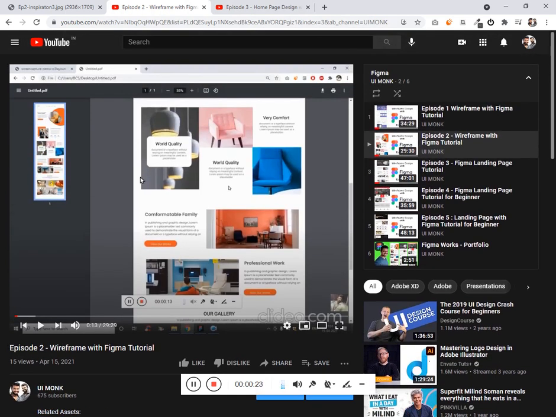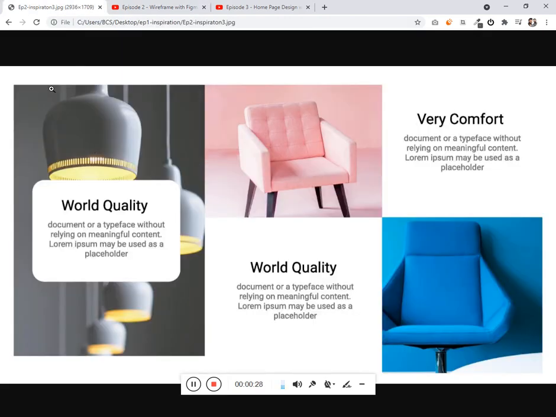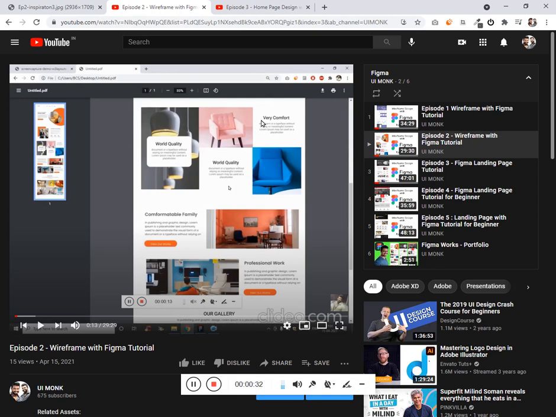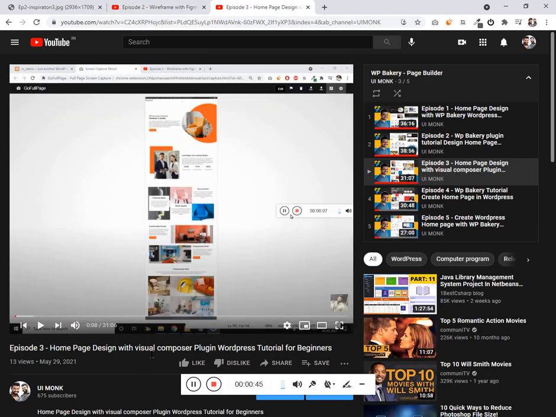So if you see, we are only extracting a specific part of the wireframe and we are converting it right now into PSD to HTML. Now this is not PSD, it's a JPG. Fine. In case you are wondering, this is the complete wireframe and we have created it with the help of Figma, and we have also converted it into the working website. So if you want to make this wireframe a complete website, you can visit this link. We have created this with the help of the Visual Composer plugin for WordPress, and this is a link where you can learn from it.